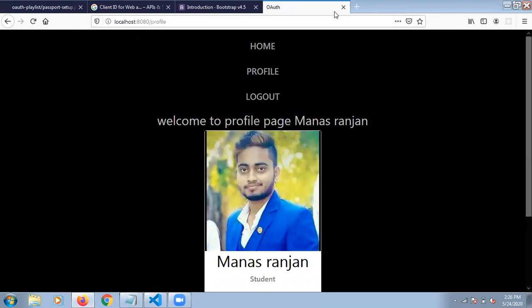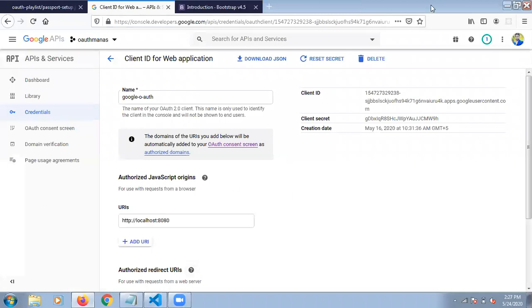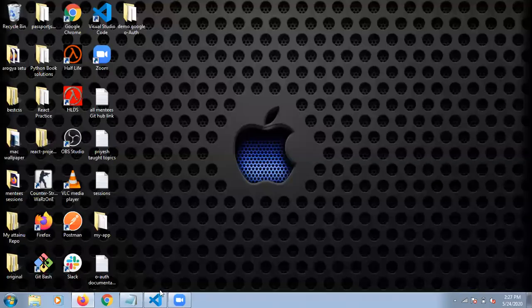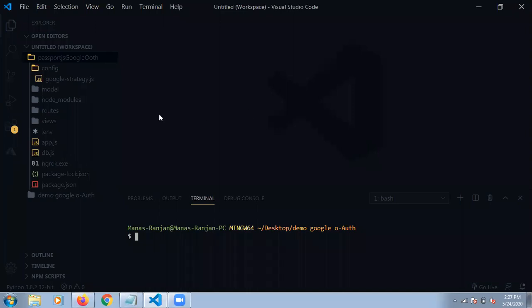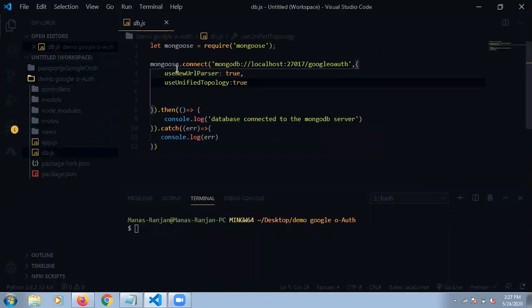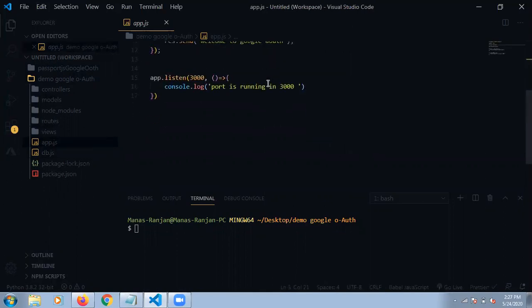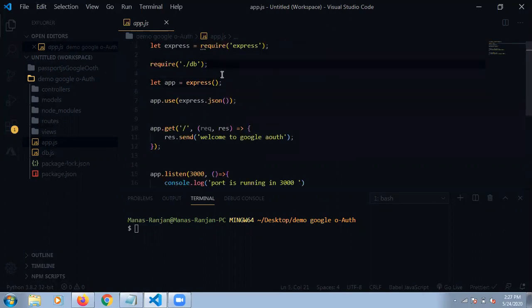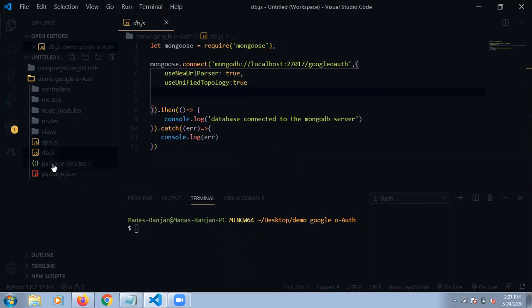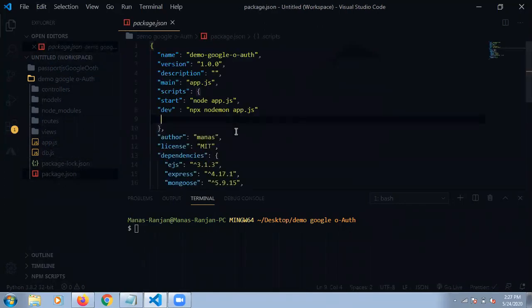So this is our web application. I'm just closing this, no need to explain everything, and opening my VS Code. Yesterday I explained that we are creating database JavaScript functions, and another one is app.js, which directly connects our application to our database. This is our Express.js first app.js, and this is our package.json, where all the dependencies are installed.